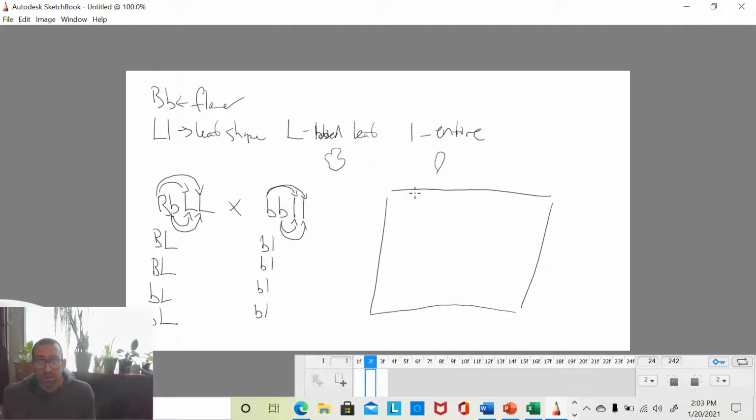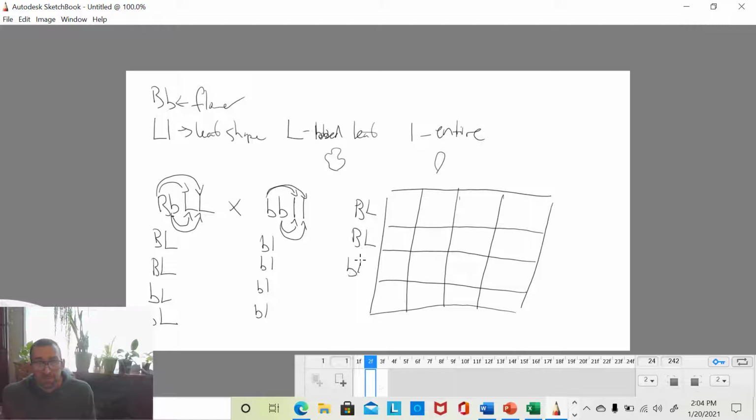That is a little wonky, but you get the idea. Right, and we set up this situation where each of our allele combinations is going to go in a spot. So we'll start with these guys over here. We write each potential combination on the side, and then each potential combination up here. And then we do the exact same thing that we do for all of them, right? So we bring this one over, so that's a big B, this one down, little b, this one over, big L, this one down, little l,